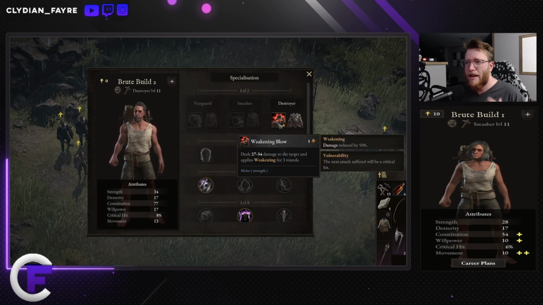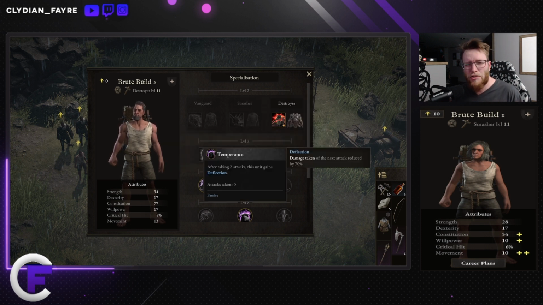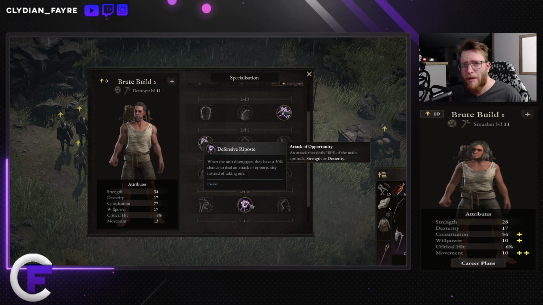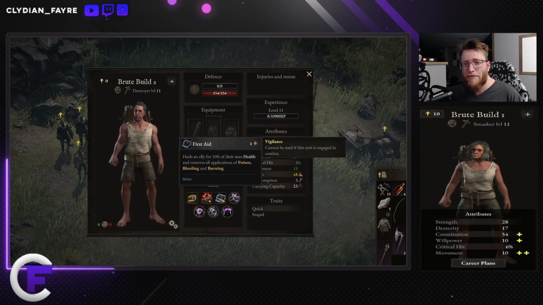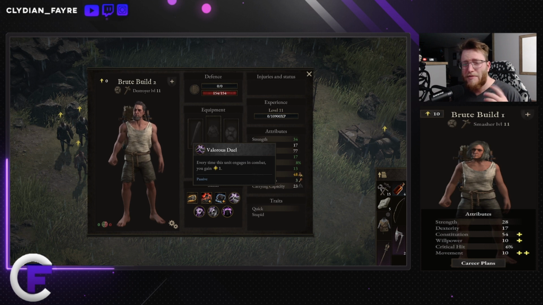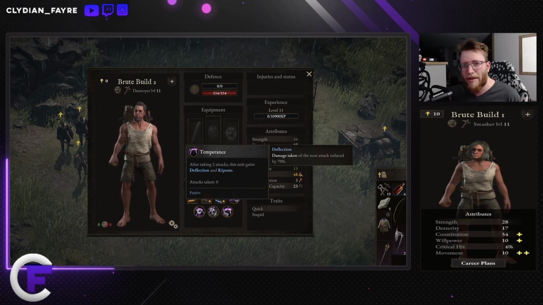So as long as you're able to actively attack units and do your job as a tank, reducing incoming damage in future rounds is always a benefit. And finally, I grabbed a Defensive Riposte. So basically, anytime you disengage an enemy unit, it gives you a chance to attack with an attack of opportunity